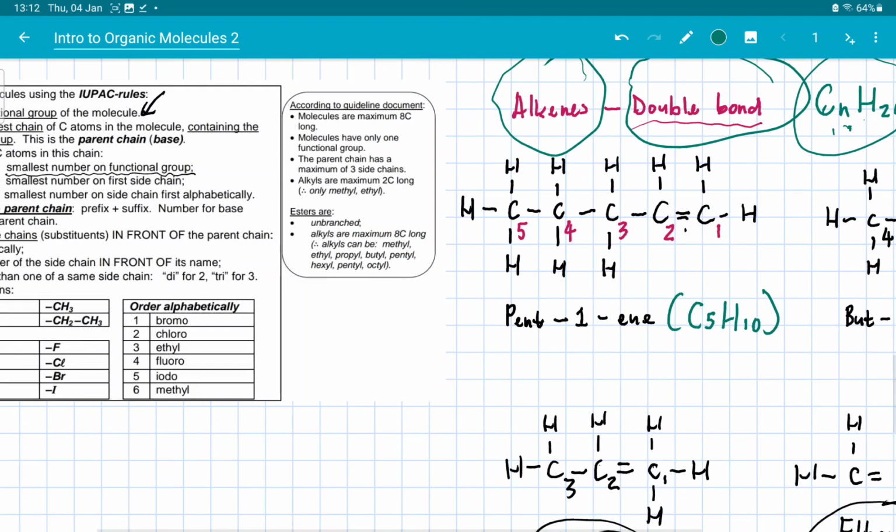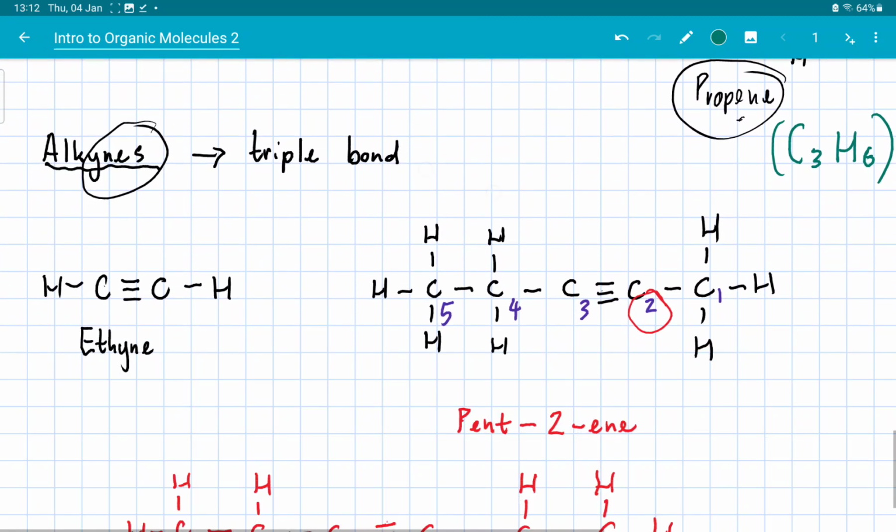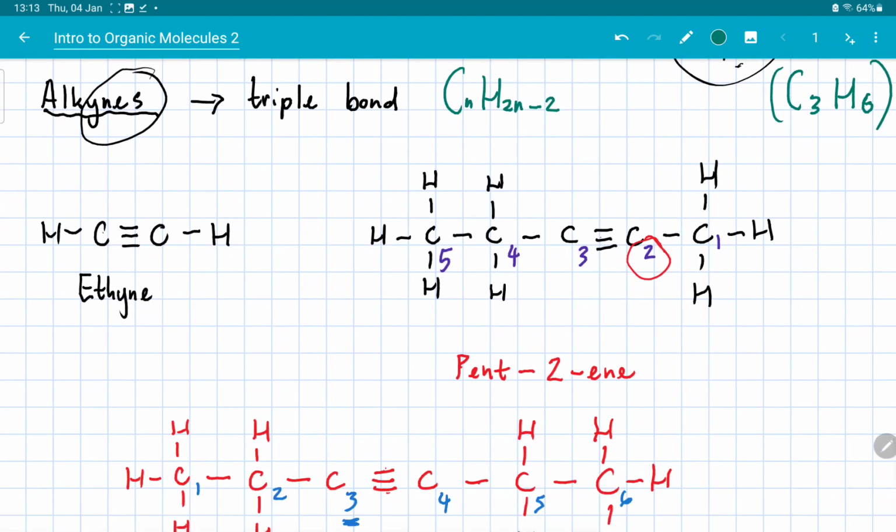And then we come to this one, the alkenes. The general formula is CnH2n minus 2. It's going to be a little bit challenging to do in mental maths, but I'm in grade 12. So, ethene is C2, and then we say 2 times 2, 4, 4 minus 2 is 2. So